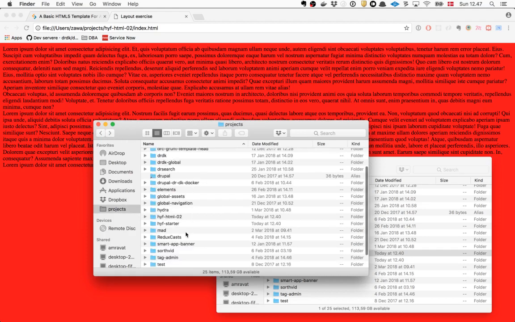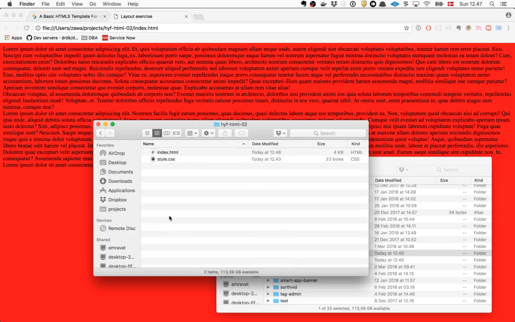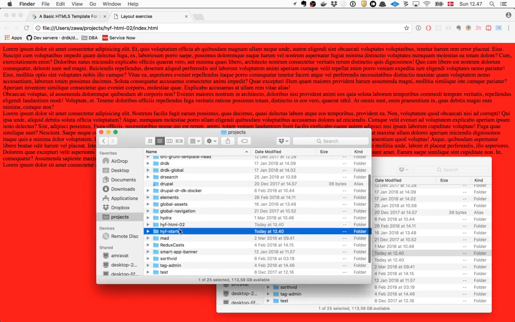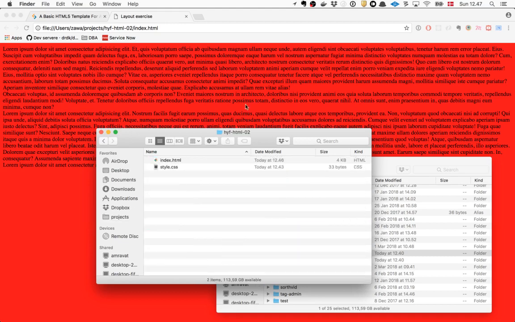So you have an HTML file and you have a style sheet and they're hooked up. What did you just do? I just copied the project, so I have 2 copies of the project, just so I can save a backup of the project, because now we're going to edit this one here.